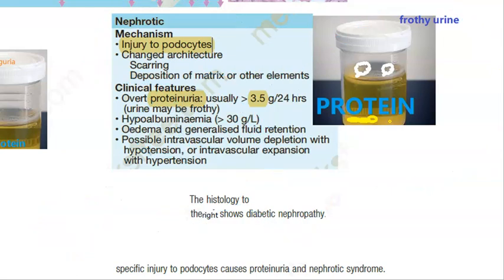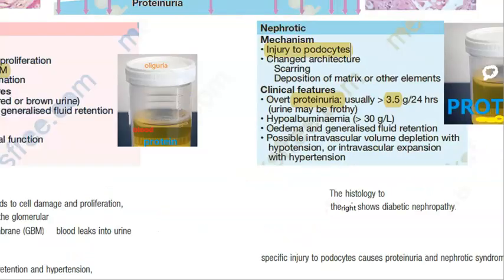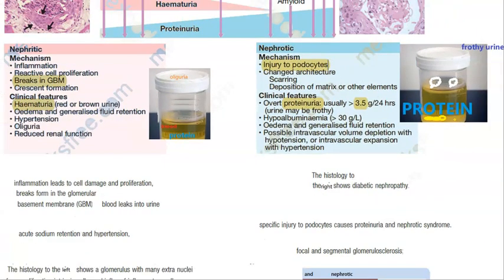Yeah. So all this happens in nephrotic. Where will you see fatty casts? In nephrotic. Where will you see frothy urine? Nephrotic. Where will you see blood in urine? You may or may not detect it, but under the microscope they may detect it. That is nephritic. Where is the glomerular basement membrane affected? Nephritic. Where is the podocyte injured? Nephrotic. Very good.